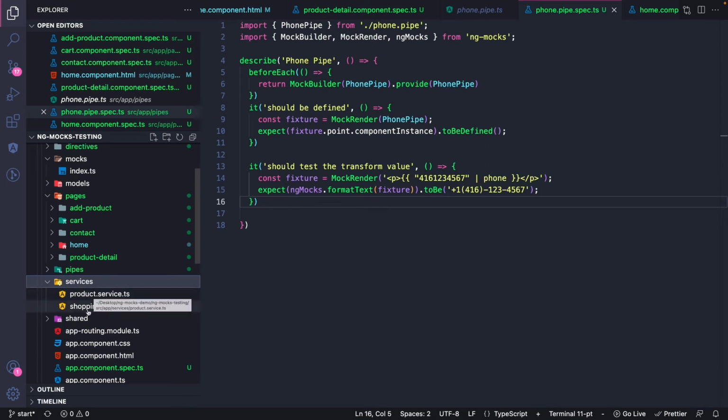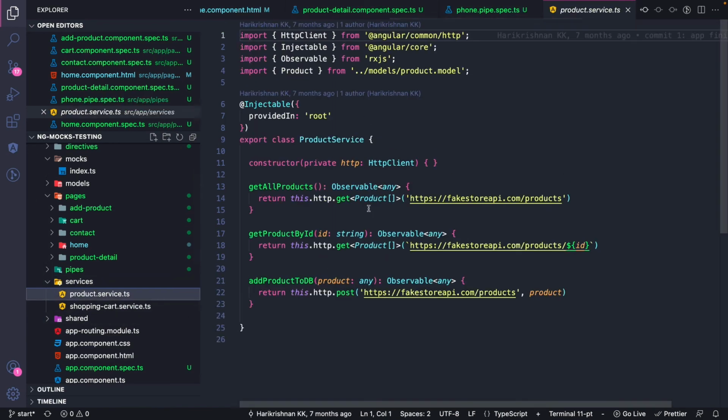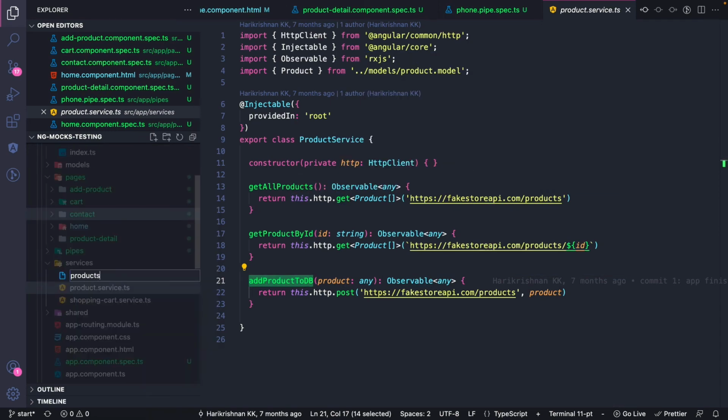Next in line to be tested is the services. We have two services, the product service as well as the shopping cart service. So let's start with the product service. So if we take a look at the product service, we have one dependency injection, which is the HttpClientModule, and we have getAllProduct, getProductById, addProductToDB. All are observables and all are having the HTTP calls. So let's have the